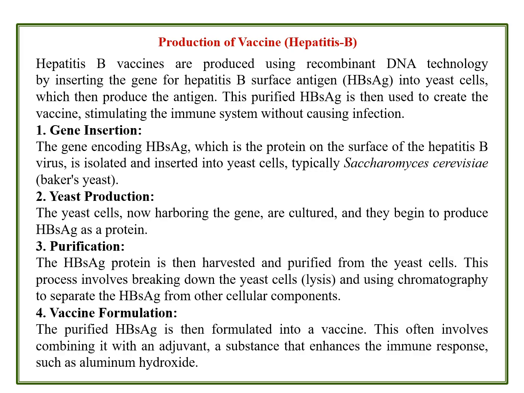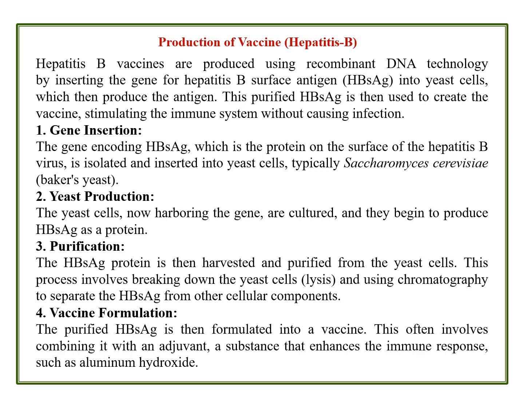Here, yeast cells are the host cells where it accommodates the long lengths of the surface antigen gene, which then produce the antigen. The purified HBs antigen is then used to create the vaccine, stimulating the immune system without causing